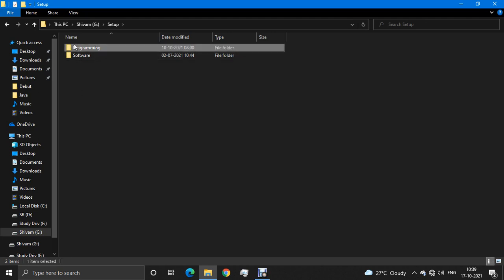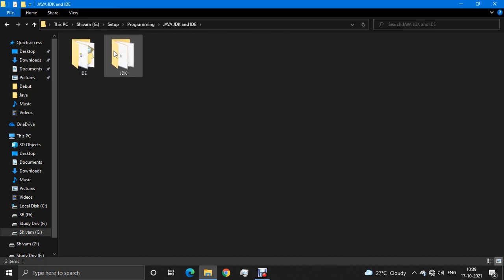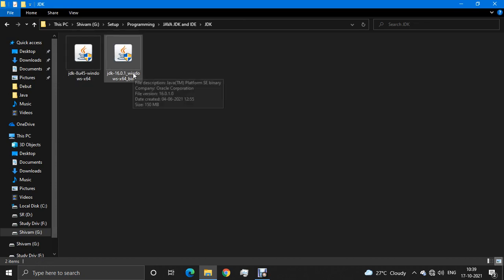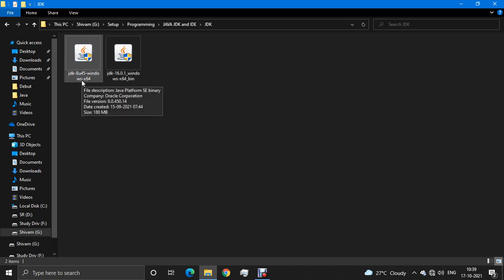First of all, let me open my JDK. Here I have two JDKs. One is JDK 16 and one is JDK 8. 16 is the new version, and JDK 8 is the standard version, a kind of long-term support version. Many books are written on the basis of JDK 8. It is old but well optimized and a good working Java Development Kit. Many books, many articles and many tutorials are made on JDK 8. So I think this is enough reason to install JDK 8.